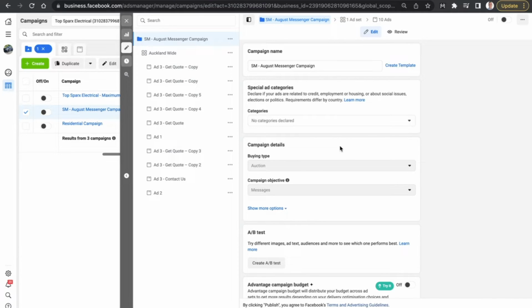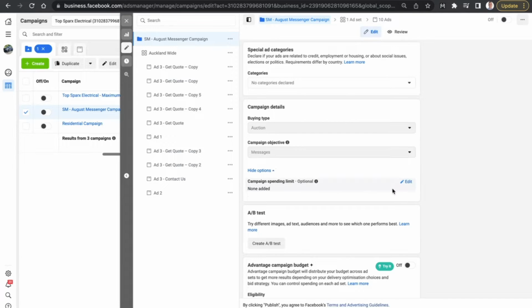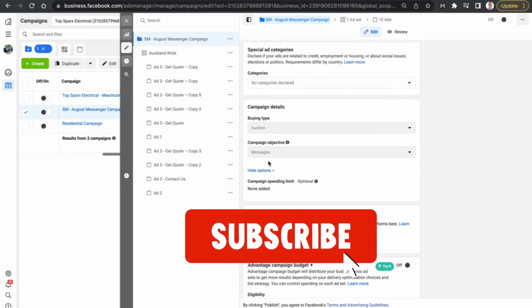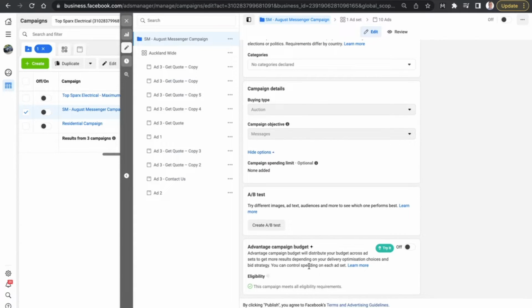So we wanted to get messages from people, and we wanted to make sure that we were getting as much volume as possible and focusing primarily on that. So you can see here that we didn't set a campaign spending limit. We set the messages as the objective. We didn't use the Advantage Campaign Budget Plus because we wanted to have more complete control over how the campaign